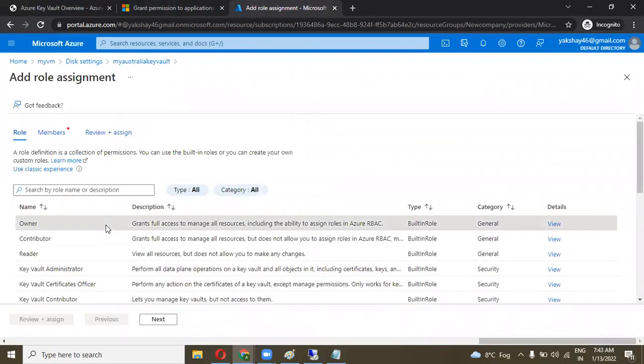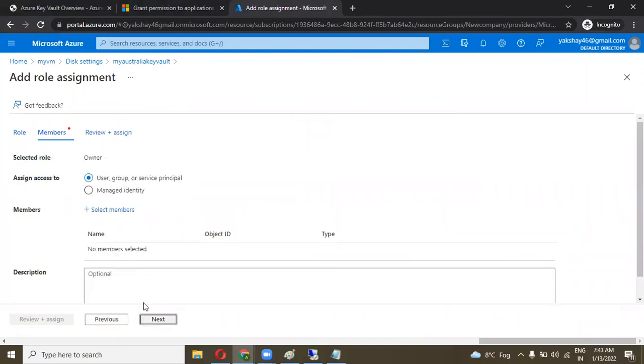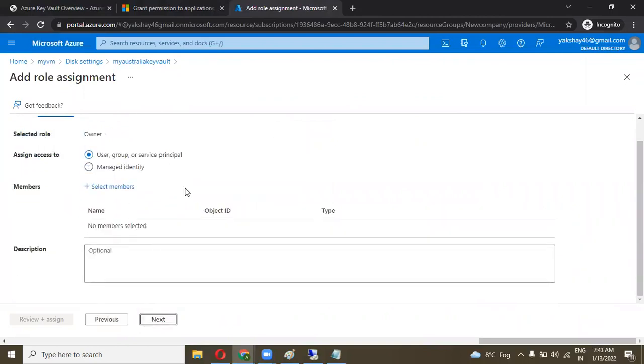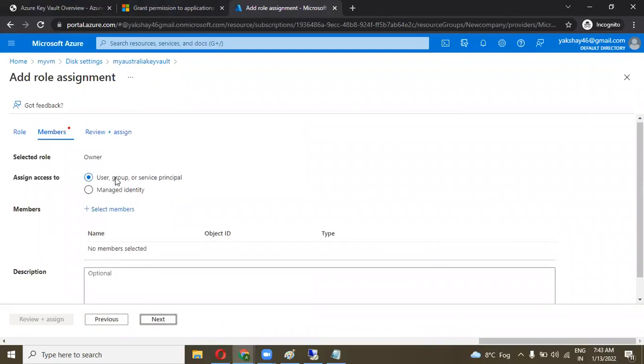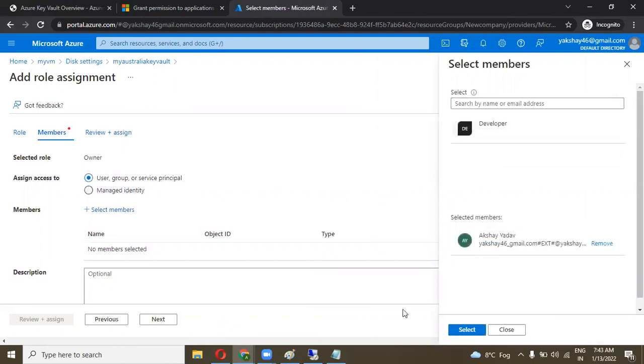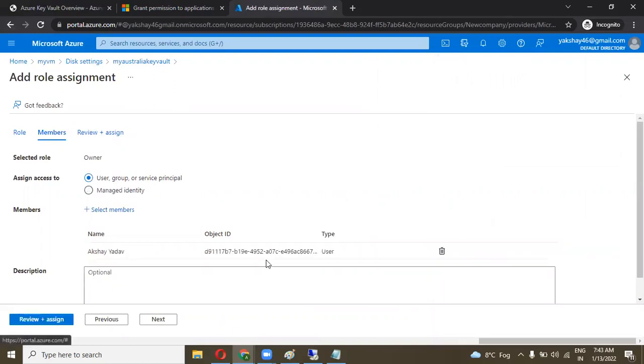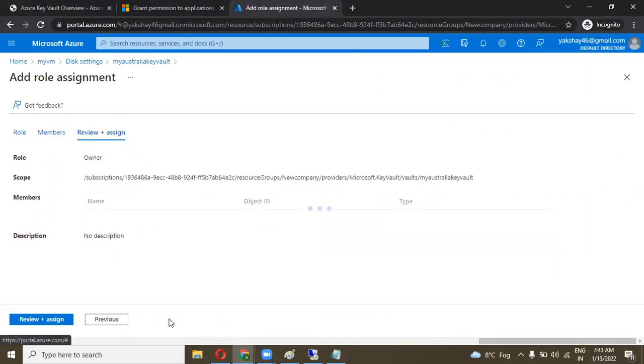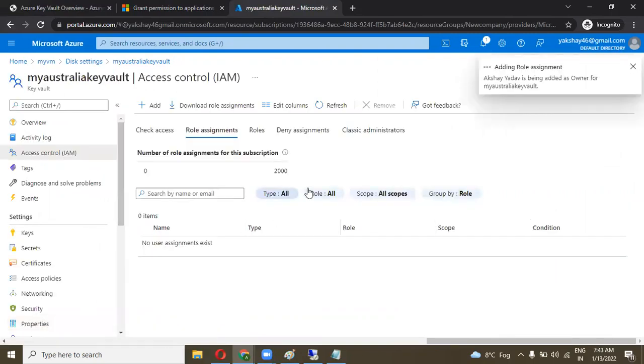Grant full access, yes, this one, and next. Select owner, add member, Akshay Yadav, this one, and select next, review and assign.